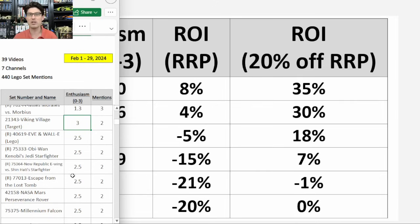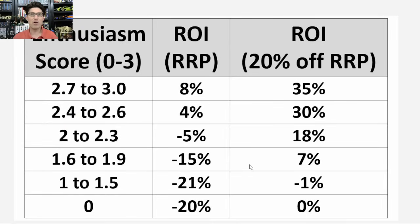These mentions will increase, and I like to do a cumulative table also showing how the mentions and enthusiasm score grows and changes throughout the year as we get closer to Q4, when hopefully all these sets go on sale and we get a good opportunity to buy them. But yeah, even though it's only 2 mentions so far, a high enthusiasm score is translating to pretty good return